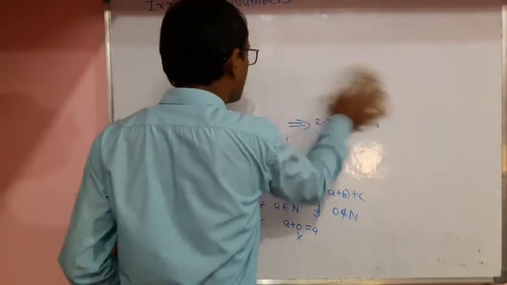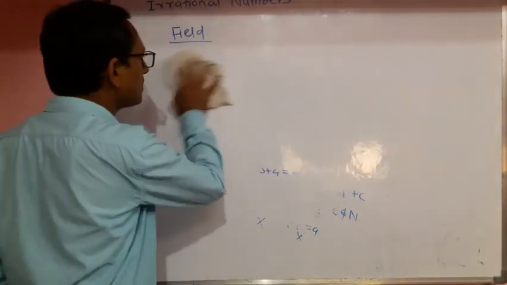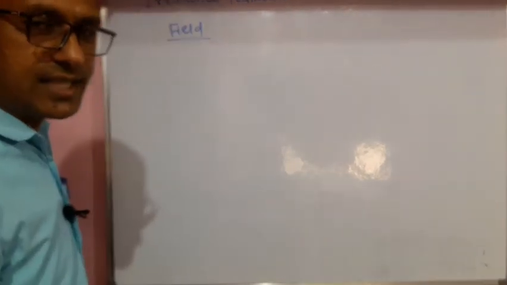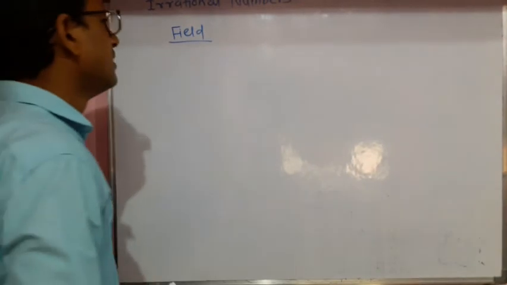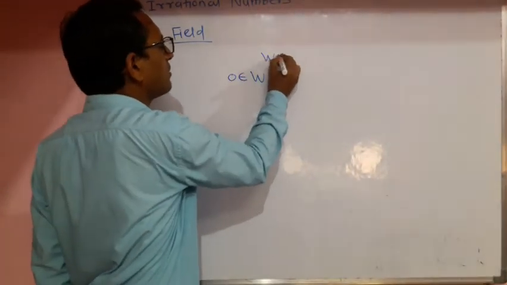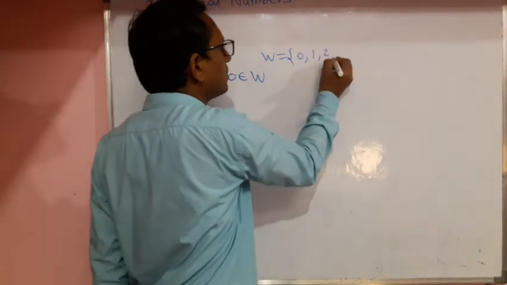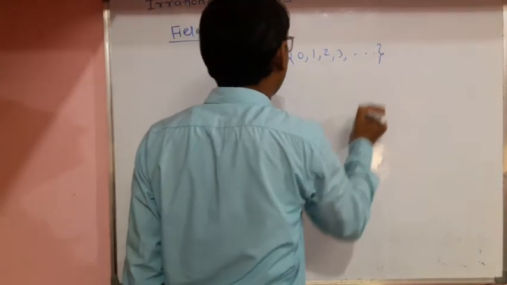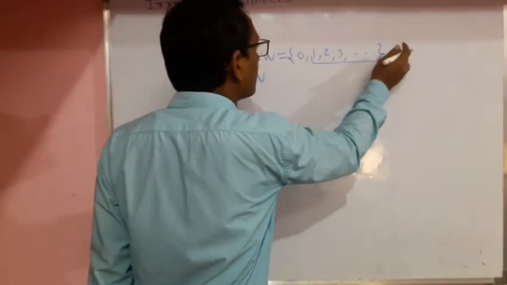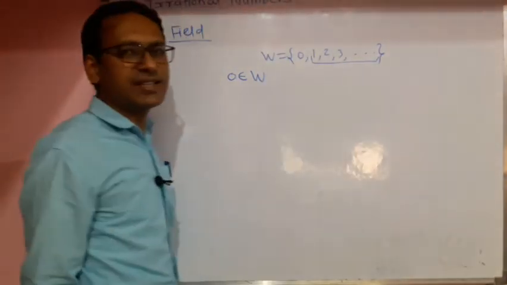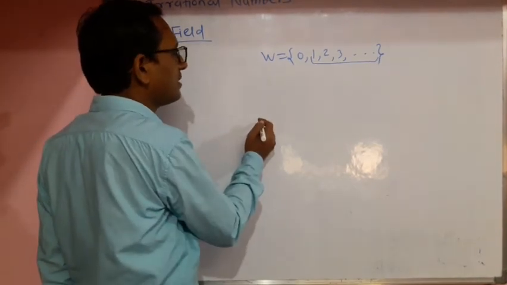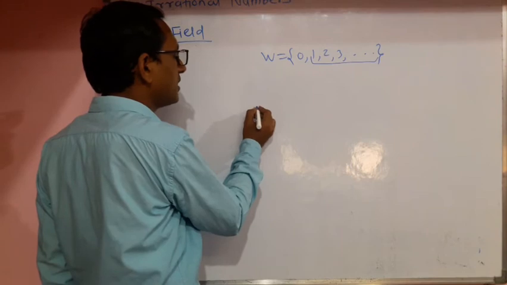Not a field. So next is the set of whole numbers. Again, in the set of whole numbers that condition is satisfied, and 0 belongs to the set of whole numbers. So the set of whole numbers means 0, 1, 2, 3 and so on. The set of whole numbers means these are the natural numbers, with just the additional element 0 compared to the set of natural numbers. So the first 4 properties are satisfied, but here one property does not exist.